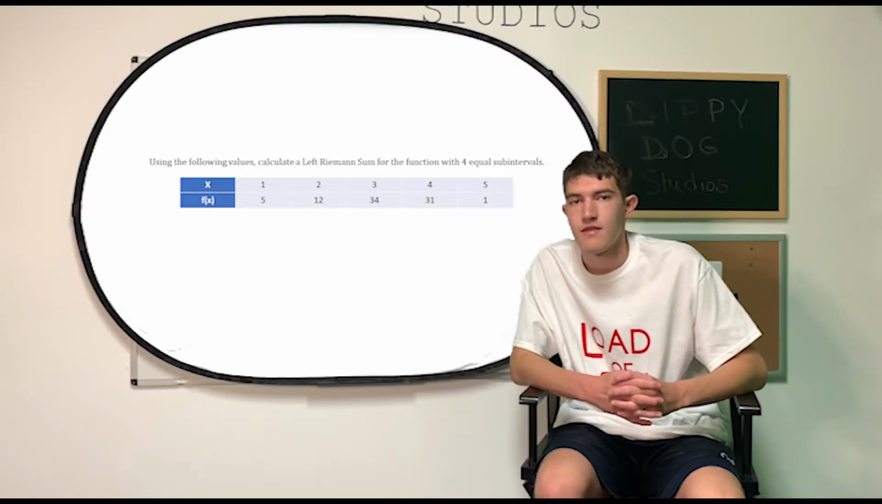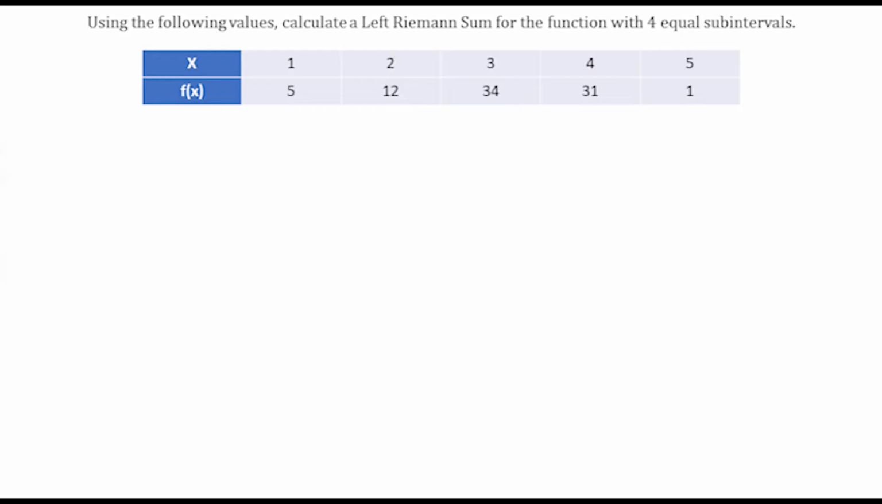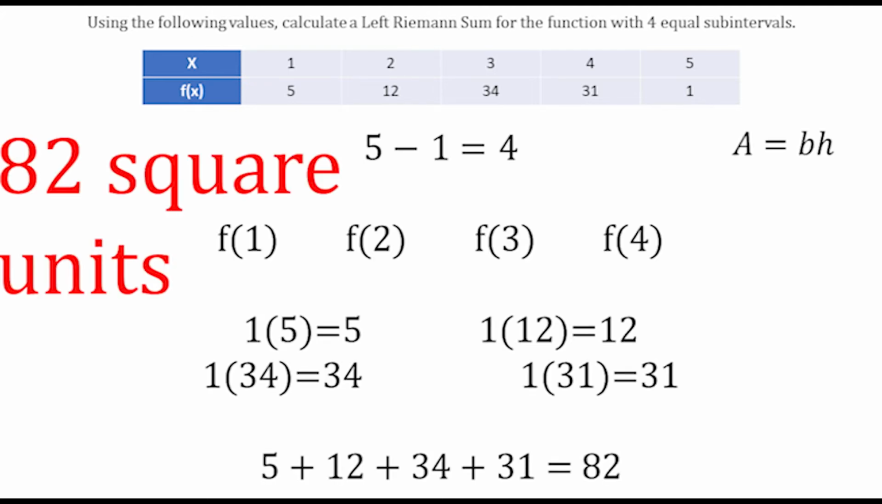Now for a left Riemann sum. We'll use the same table, but let's see how the answer changes. This time, we will be using the left values. Either pause the video and do it yourself, or watch the answer now. 82 square units. The initial setup is the same as the right Riemann sum, but this time we are using